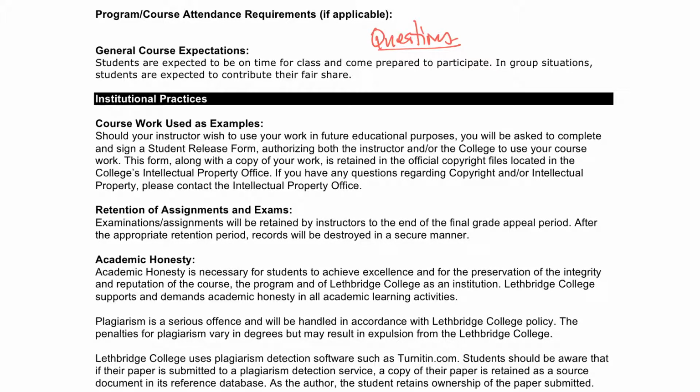The last thing I wanted to mention here is about academic honesty. This is basically don't cheat. I see cheating really only in one spot, and that's on exams. So don't be looking at somebody else's work and writing that down during the exam. I want to see what you know on an exam. For stuff like homework or online quizzes, I want you to get help from people. So for your homework, rather than just copying somebody else's homework, do your own homework. But if you have questions, ask the person next to you. Ask me. Ask the people in the Learning Cafe. Check videos out online. Do all those things you need to do in order to help you understand the concept